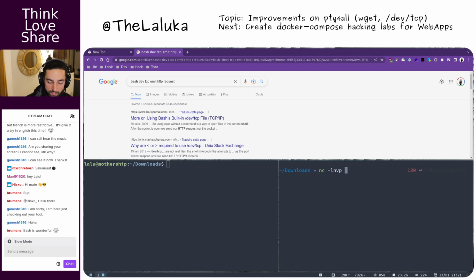So nc -nvlp 5555, cool. And there, if I echo foo and try to write to /dev/tcp, loopback address, and 5555, there we go. It just opened the socket to this specific IP and port and sent the content I was trying to display.